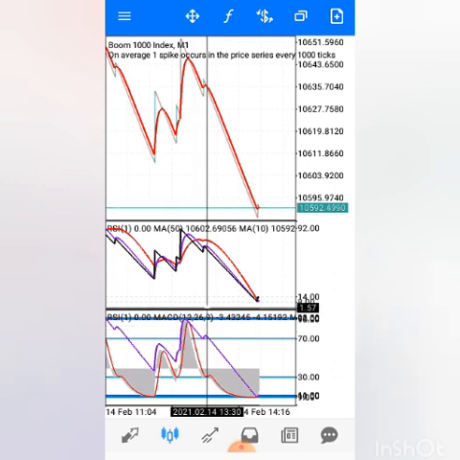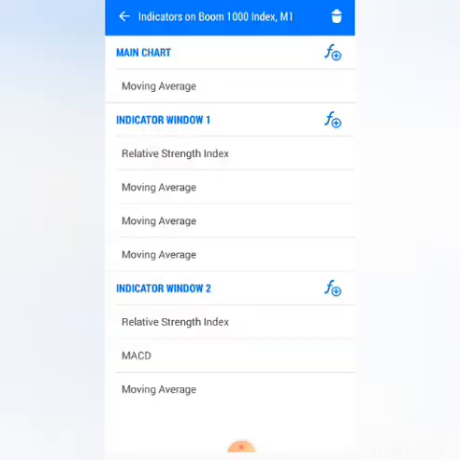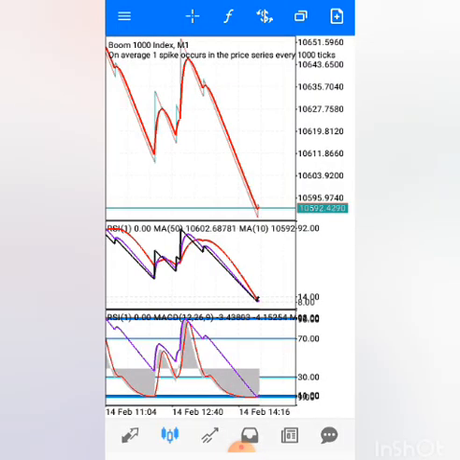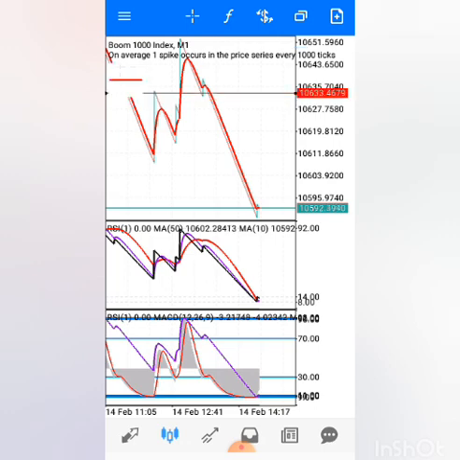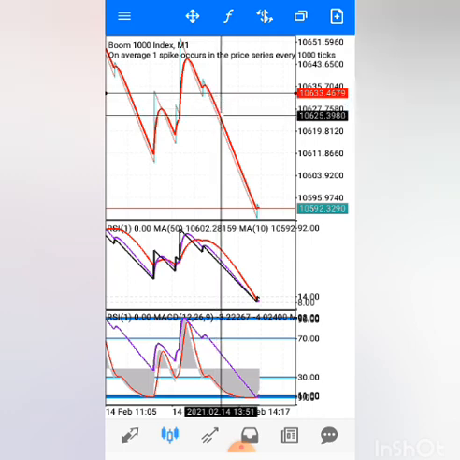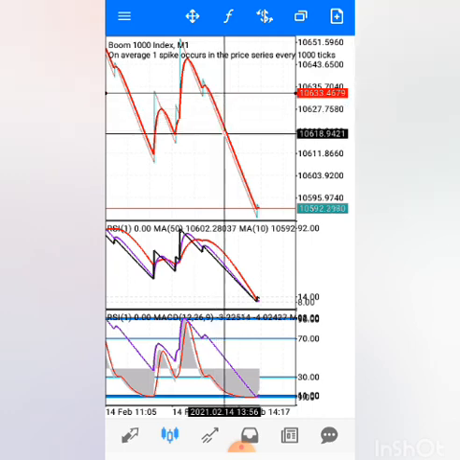So if you follow that instruction and enter your trade from here, you will be in good profit. If you enter your trade at this zone, you ride just a 10 minute candle and you will be out of the market. But if you want to use this to catch spikes, what you just need to do is